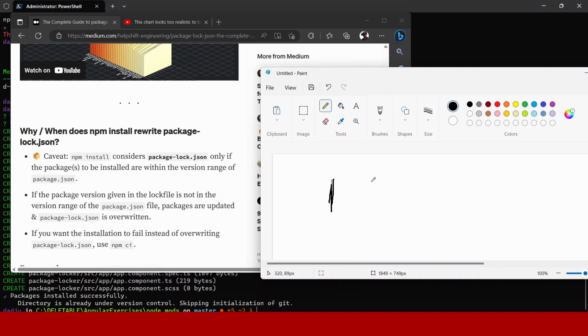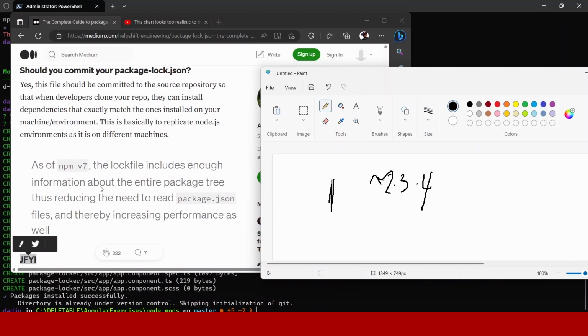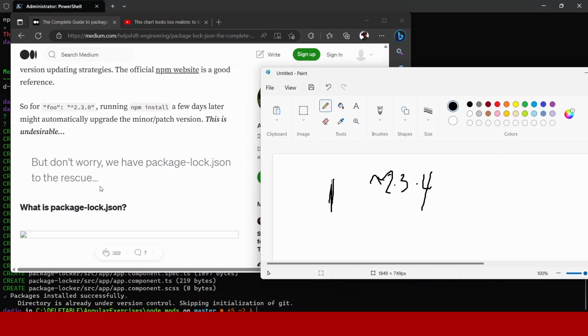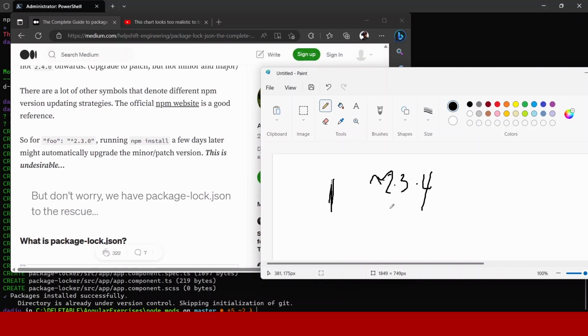So if the version range, for example, is 2.3.4, is it the one? 2.3.4? Is it in his example? So if it's ^2.3.0,